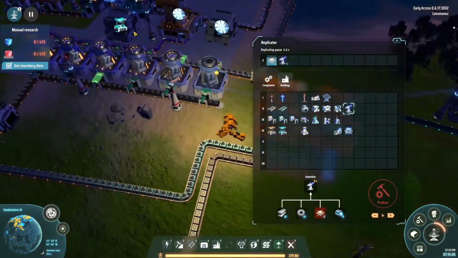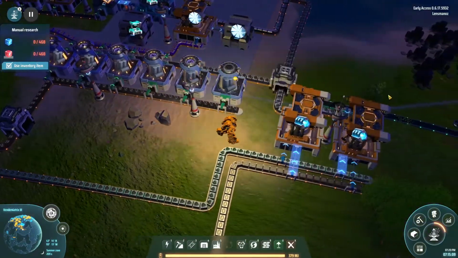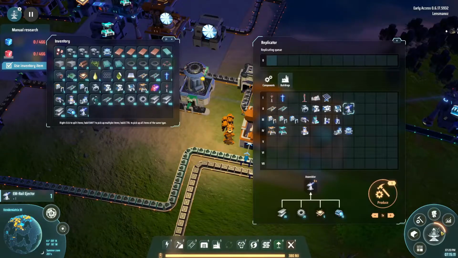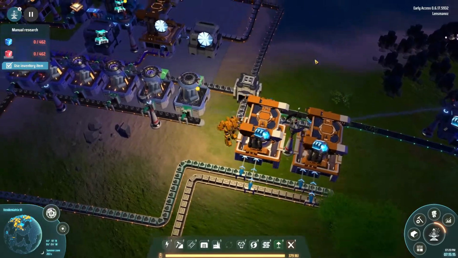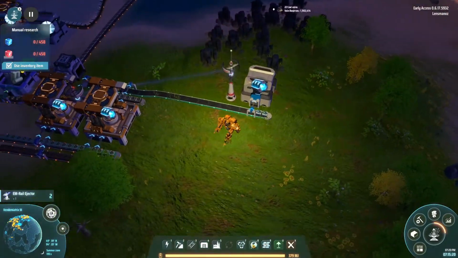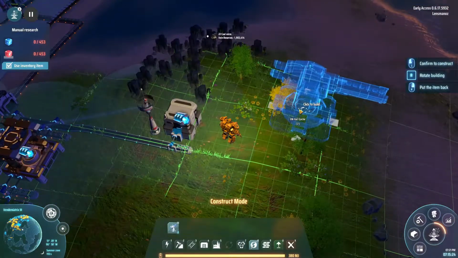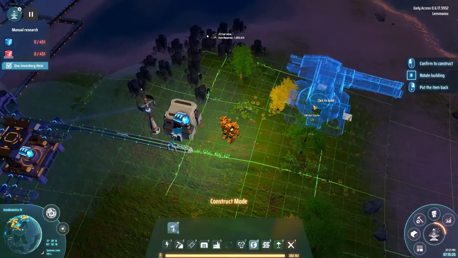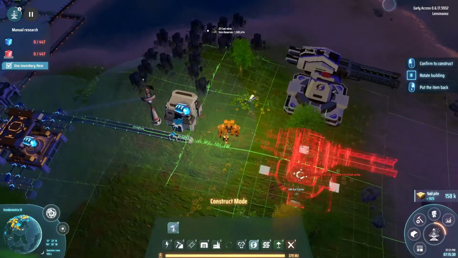Chips. CPUs. Whatever they're called. Grab some of them. I can make another 1. And then I need another 10. Okay, so we got 2 of them. Now these things require to be away from power poles and stuff that could get in the way. And you can't put them...